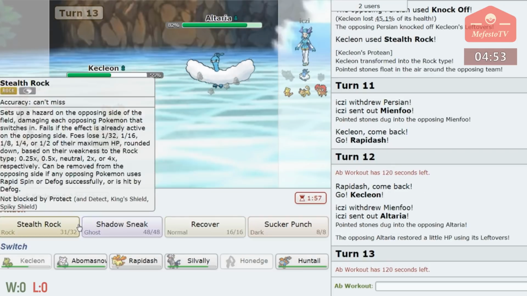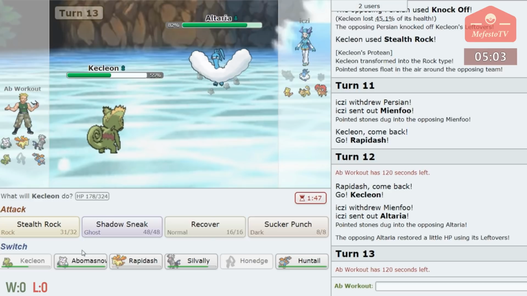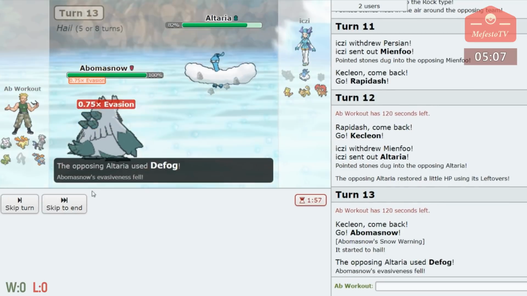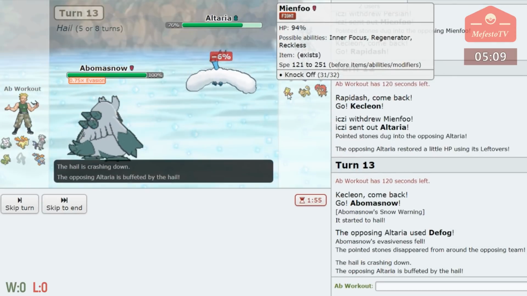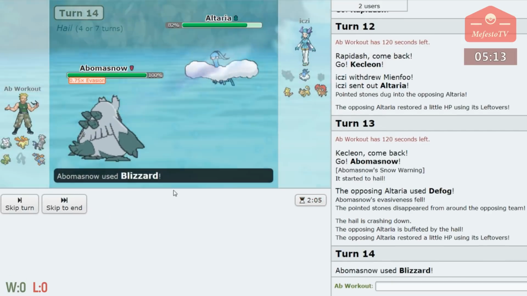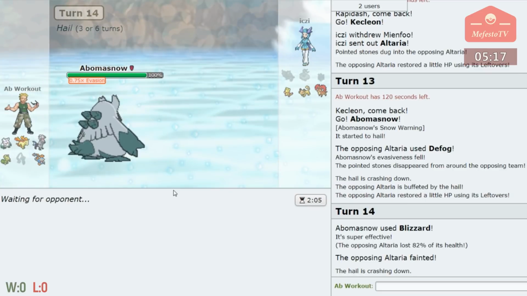Let's see his moveset, I guess. Do we do that? Do we do that or not? Is he going to Defog here or Flamethrower? Watch this. If he Flamethrowers, that's like, what is going on? Yes, he Defogs. That's cool. That's great. So now we get a Specs Blizzard off on anything. And if this Altaria dies, that's great. Yeah, that's good. That is very good. Now,